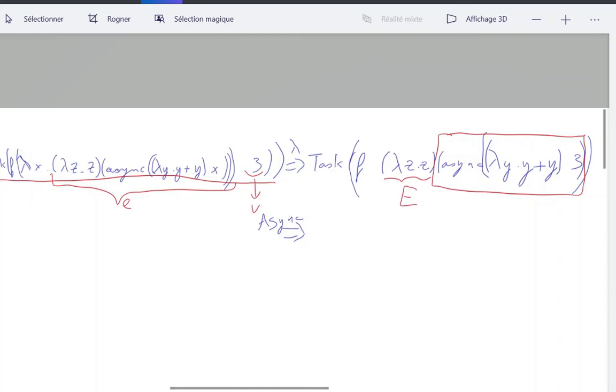And this is exactly what you need for applying the red async rule. And for applying the red async rule, you need a fresh future, so we'll say that G is fresh.